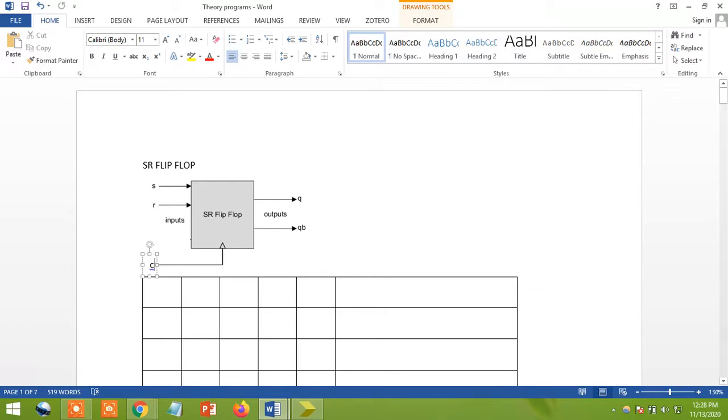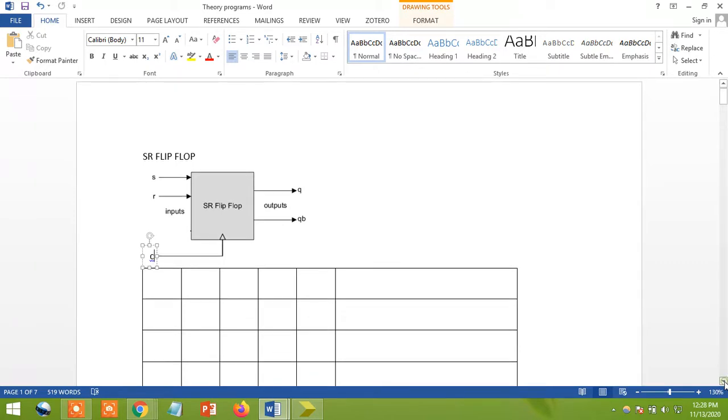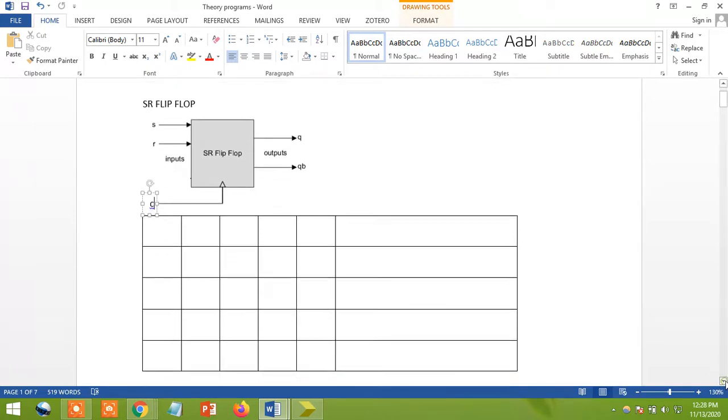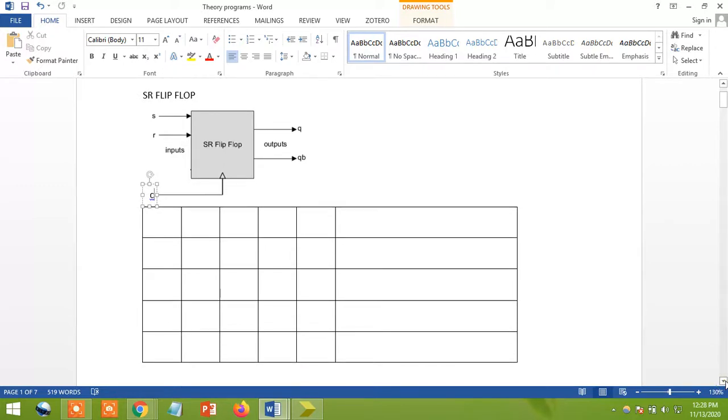Now, how to write the truth table? I have given many tables for the truth table. When it comes to explanation, I'm going to take one table. You can take any table and write the program. My suggestion for simplification is to take one table. In the notes I have also given one considering reset, and I'm going to explain that.